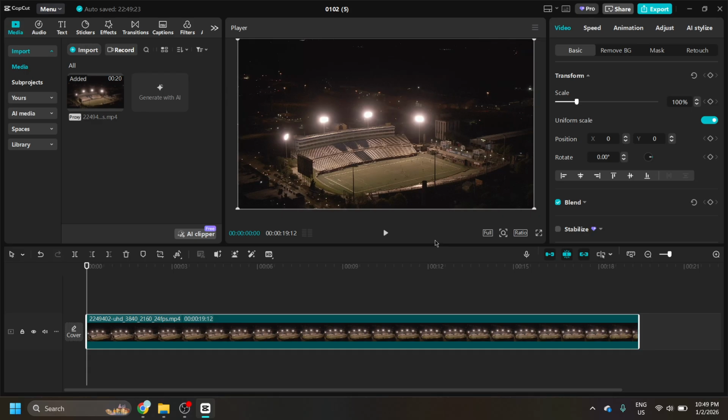That's it. Open CapCut, add a clip, click Zoom in on the right, or drag the slider upward to expand